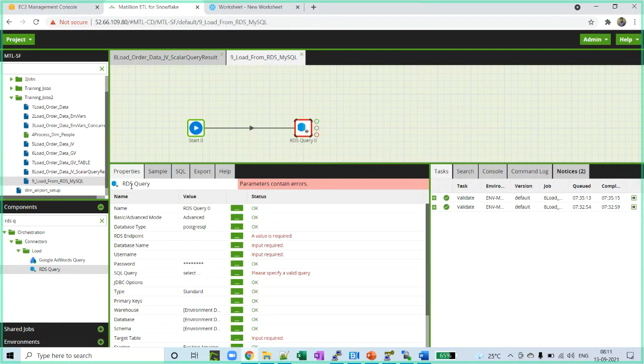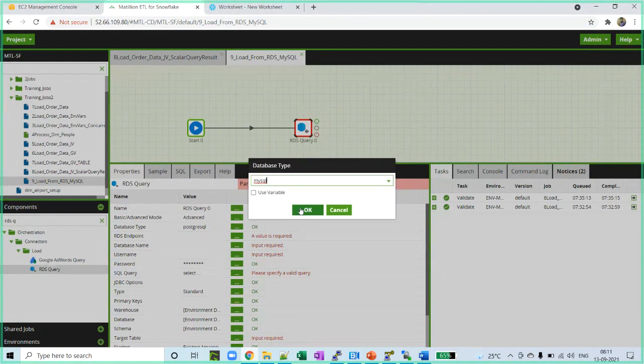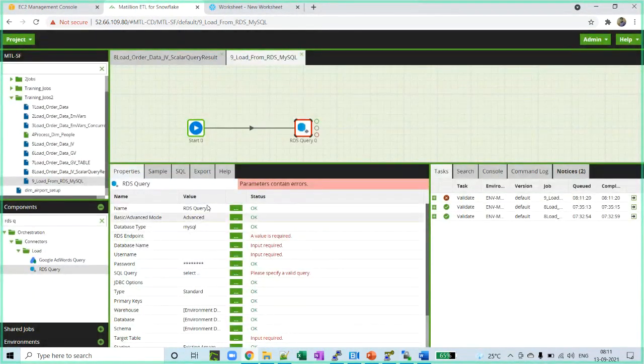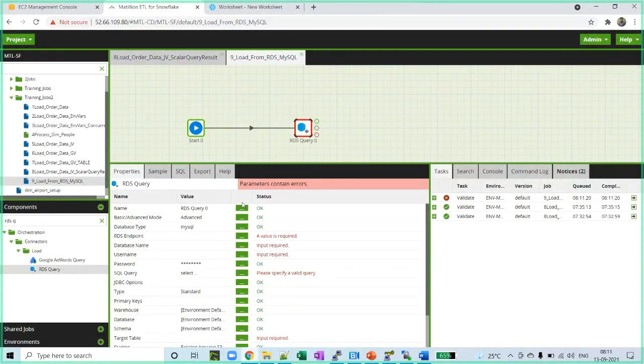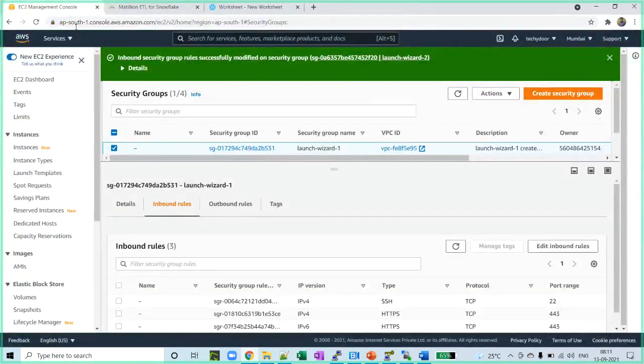So here now the database or the query component is the RDS query component. Now what I will do, I will select my database type as MySQL. Okay, so I'll select that. It is the same when we connect to any database, right? We give its JDBC URL, username, password, the same thing. Okay. Now in the RDS endpoint, if you see my RDS would be